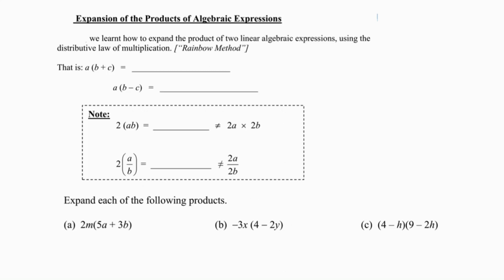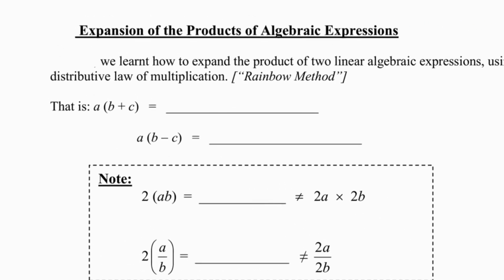Hello everyone. Previously we have learned how to expand the product of two linear algebraic expressions using what we call the distributive law of multiplication. Sometimes you may refer to it as the rainbow method. That is, so I'm going to zoom in now, that